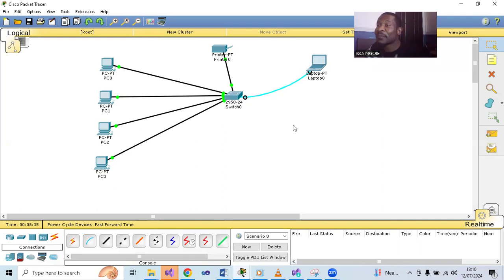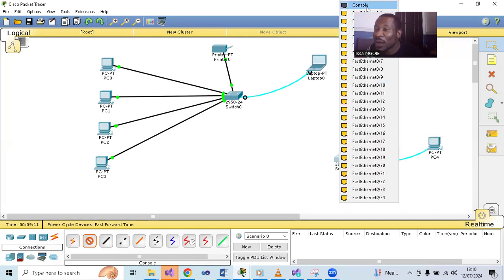So if you didn't understand, let me explain it again. Suppose I have a switch here. I will need a computer, maybe this one. So if I want to configure this particular switch, you need a console cable. You click here, you go to console, it's always a blue cable. You click on the blue cable. You go to your computer, right? It's what we call a serial port, right? But if you don't have a serial port, you're going to buy an adapter, serial to USB. You click on the serial port on the computer, you go to your switch, you click on what we call console,